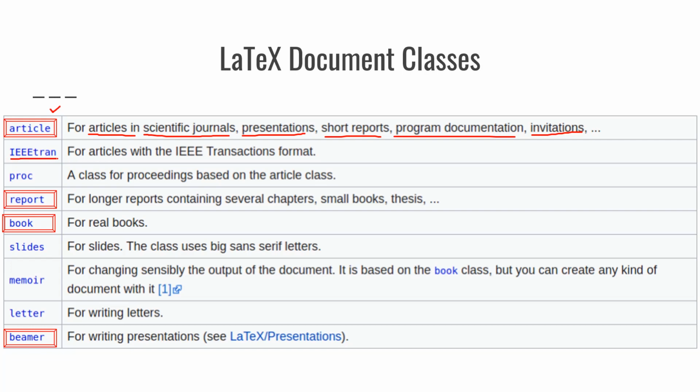We use IEEEtran for articles with IEEE transaction format. If you are from the computer science domain, you know that most of the journals comply with IEEE transaction format. So based on your publisher or the journal authority, you might have to use the document class called IEEEtran.